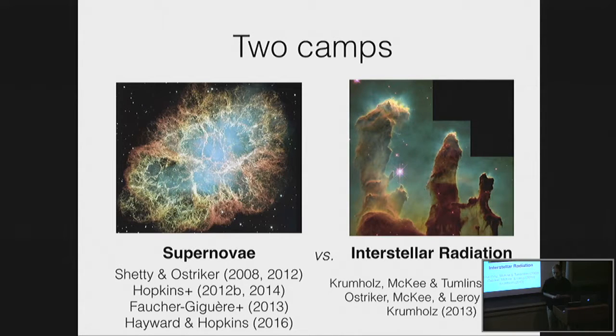Supernovae have long been thought for decades to be especially important in dwarf galaxies, and that's because dwarfs are small, they have shallow potential wells, and so supernovae should have an easy time moving gas around in these galaxies. There's a whole class of models where supernovae are responsible for regulating star formation. You form exactly enough stars to create enough supernovae to keep turbulence going to support the ISM. So that's one set of models. Another set of models relies broadly on interstellar radiation. These models basically work by regulating how much cold gas there is available for star formation.